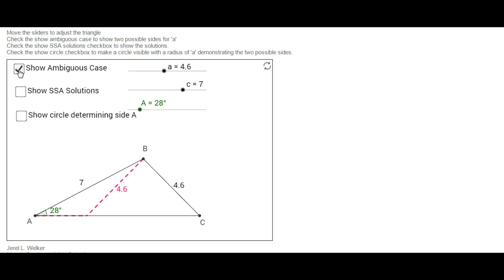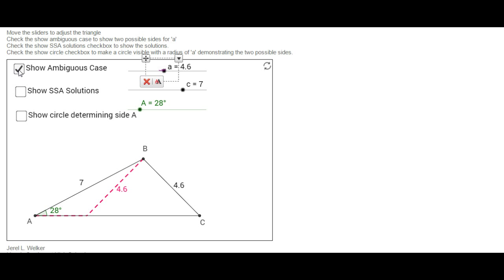That 4.6 could be out here, but it could also be in here, right? And that would still have a side of 7, a side of 4.6, and a 28-degree angle, which is opposite the 4.6, whether it's here or here. Okay. If I change the 4.6,